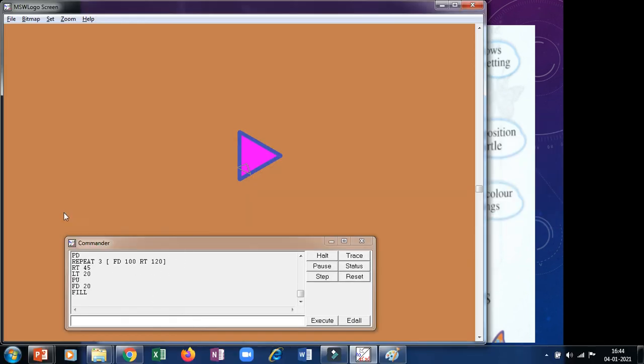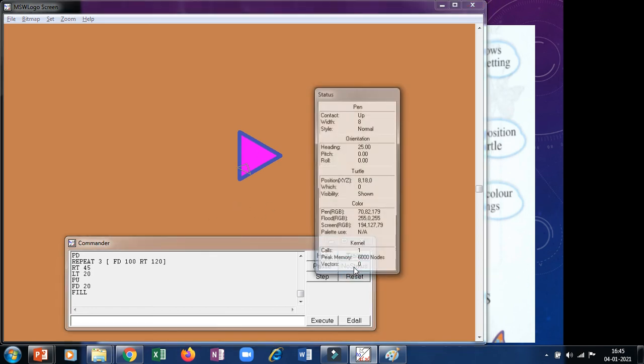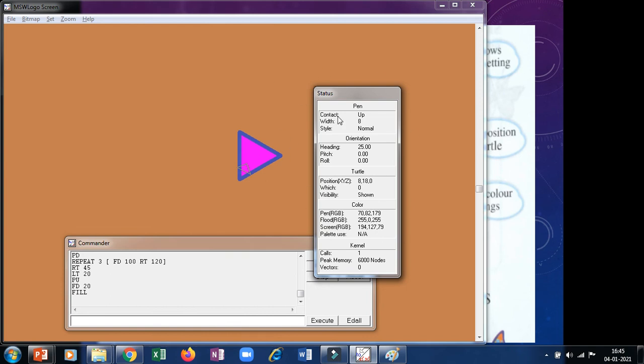Now we have done so many things over here, and we want to see the status of the turtle. We have to click on the status button over here, and you can see the status window. You can see the pen is up, the position of the turtle, and you can see the pen color, screen color, flood color.